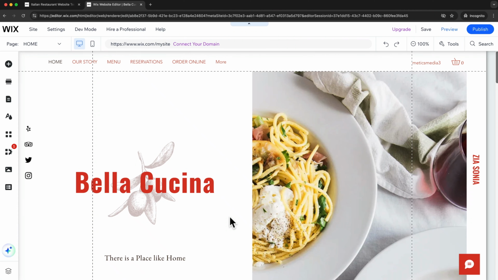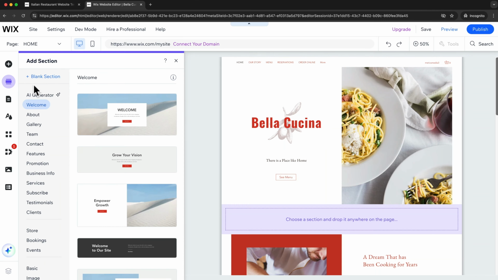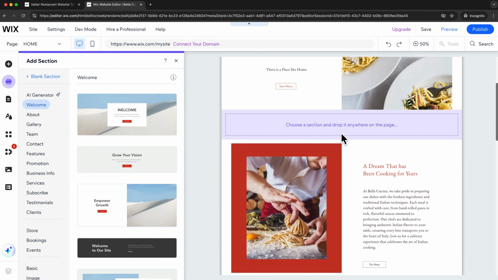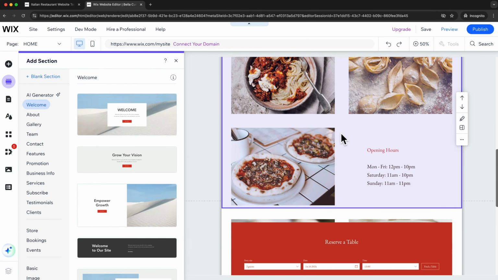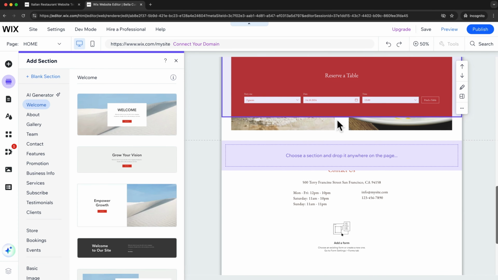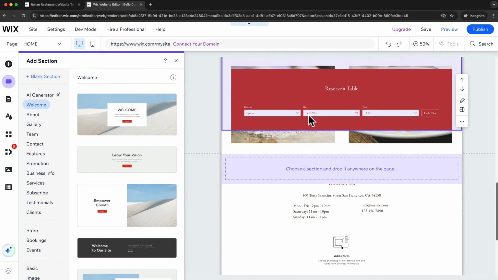And next, we're going to take a look at how to add new content to your website. So the first thing we want to do is add a completely new section. And to do that, we're going to come over here to the tools and click on Add Section. Then first, we want to scroll to the part we want to add this new section. And I'm going to scroll all the way down because I want to add it right here below the Reserve